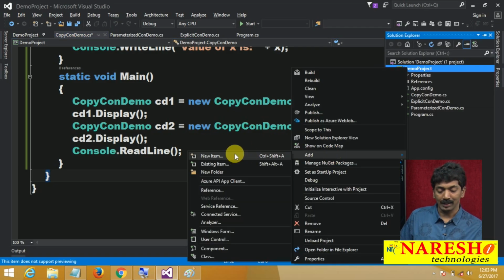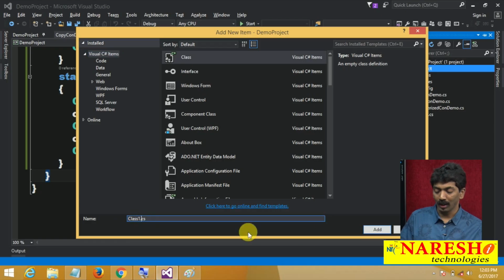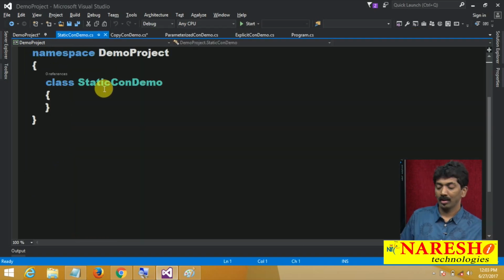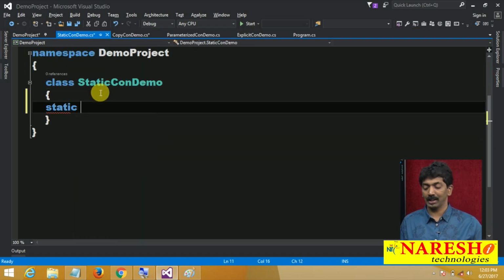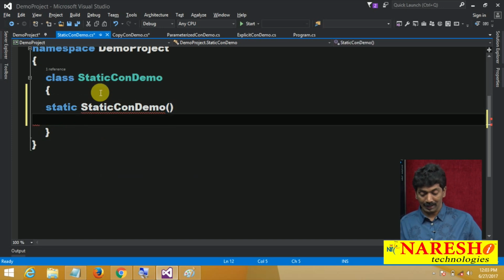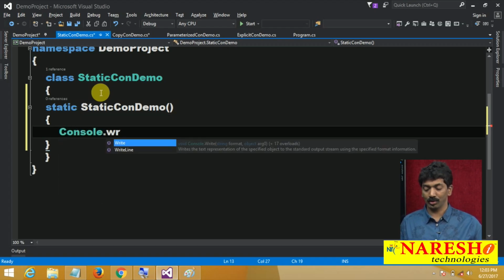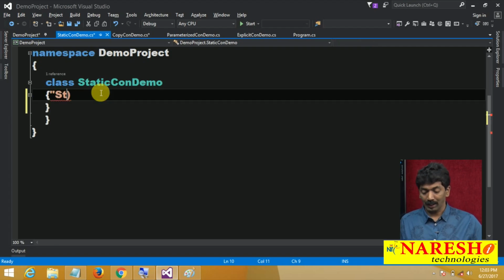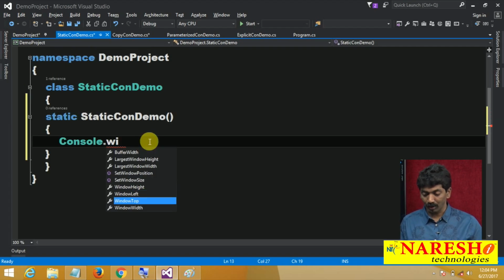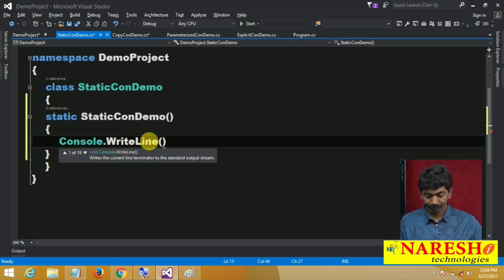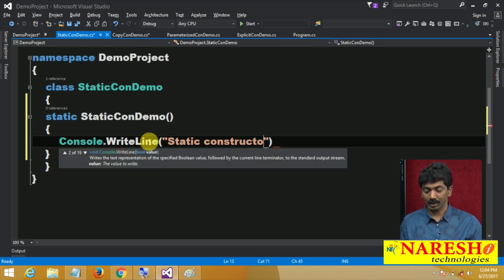I am adding another class here. We will call this class static con demo. Now in this class I am defining a static constructor, static con demo, and this constructor is a static constructor, console dot write line, static constructor is executed.